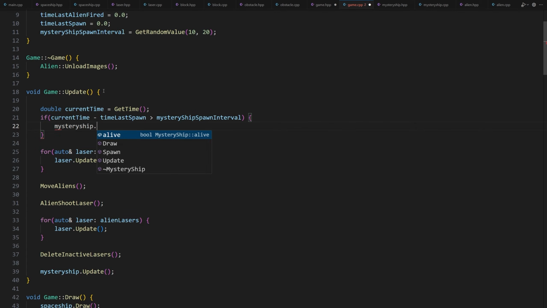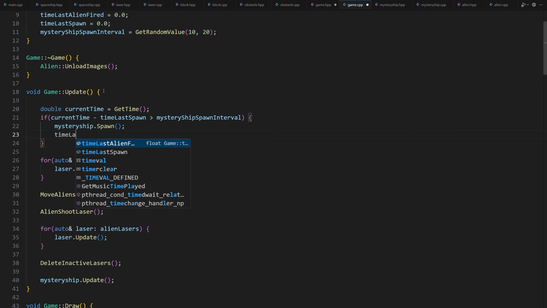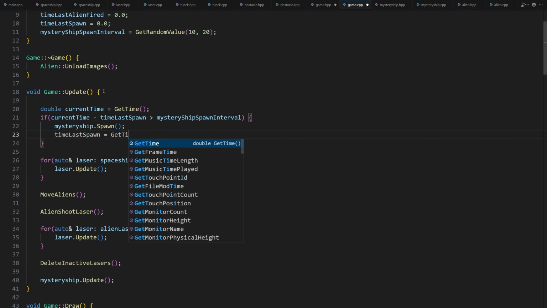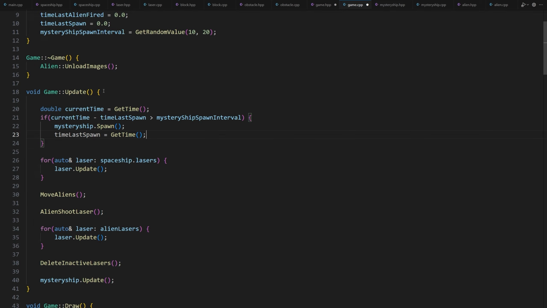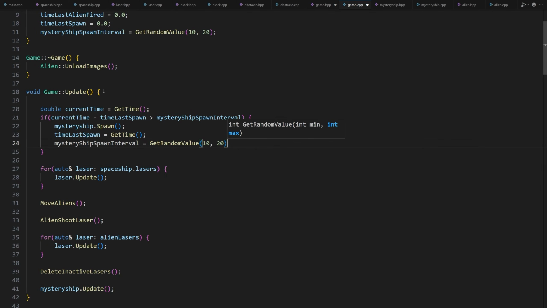We need to spawn the mysteryship. mysteryship.spawn. Next, we need to update the timeLastSpawn attribute. timeLastSpawn is equal to GetTime. And lastly, we need to set a new random interval. mysteryShipSpawnInterval is equal to GetRandomValue(10, 20).